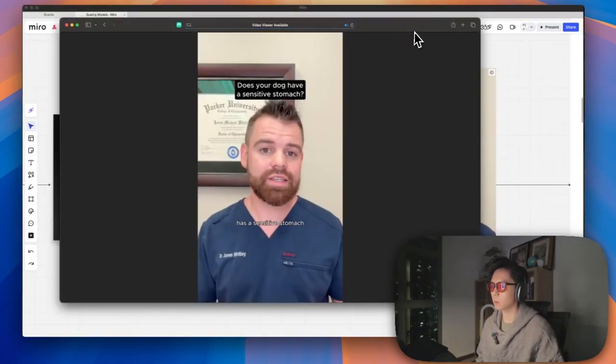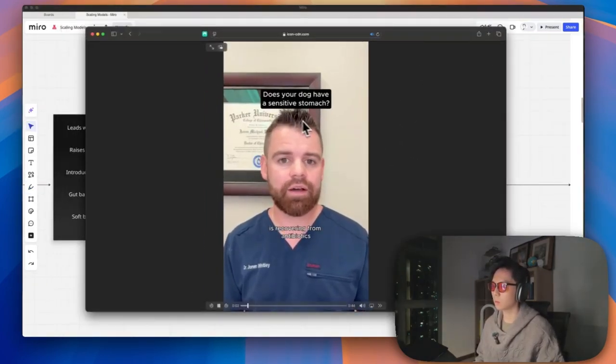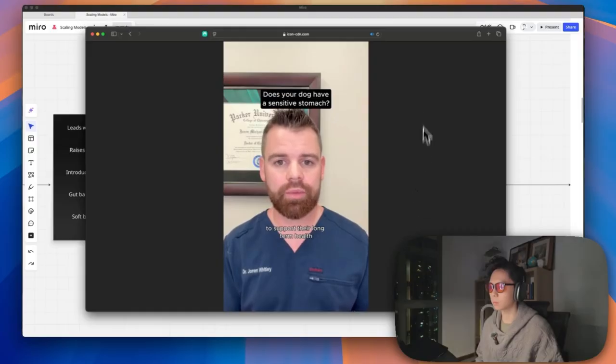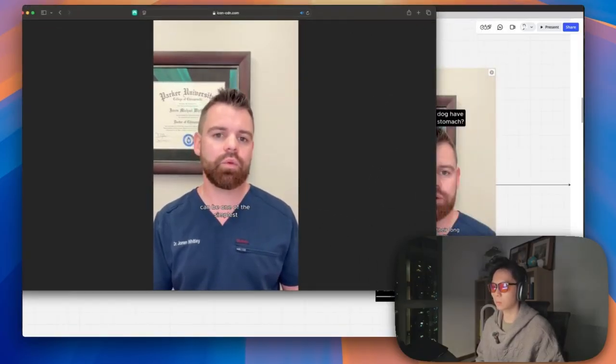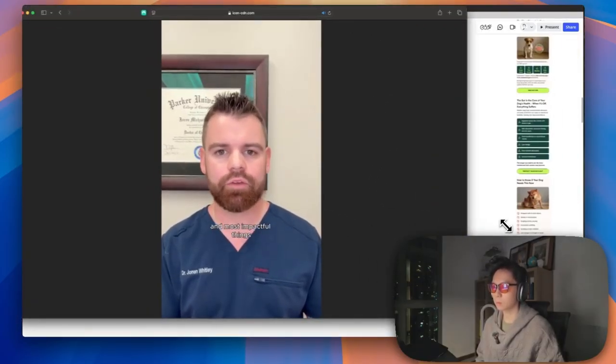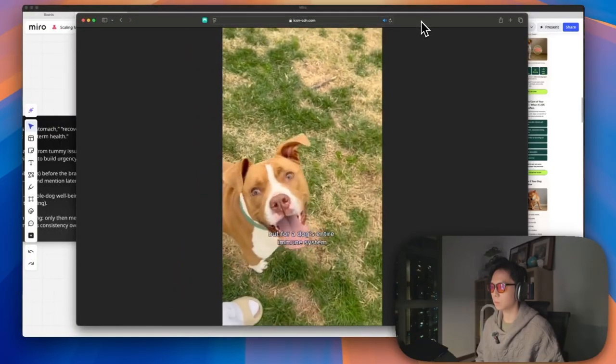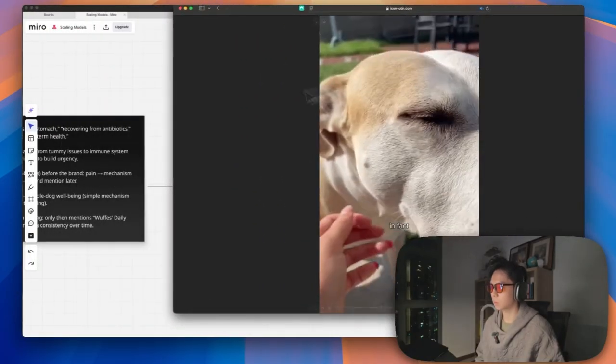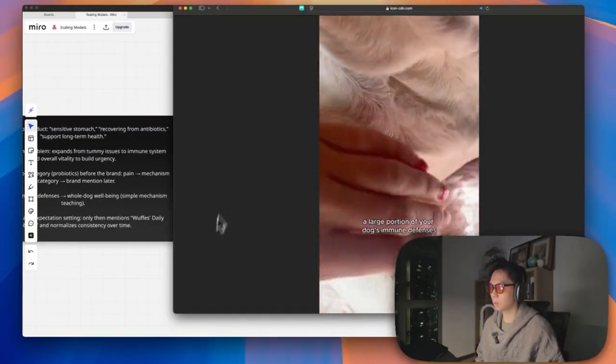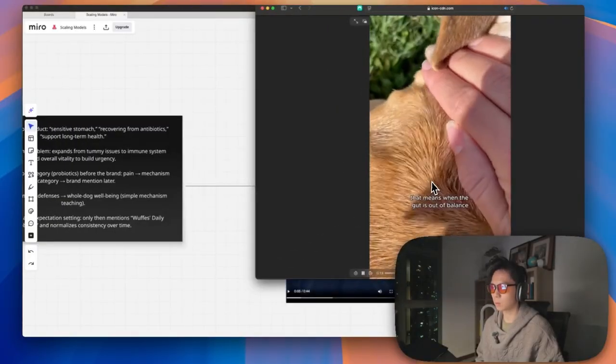Whether your dog has a sensitive stomach, is recovering from antibiotics, or you just want to support their long-term health, this kind of daily routine can be one of the simplest and most impactful things you can do for them. I've seen how important gut health is, not just for digestion, but for a dog's entire immune system. In fact, a large portion of your dog's immune defenses actually live in the gut. That means when the gut is out of...